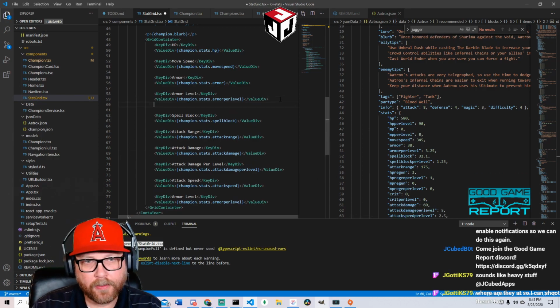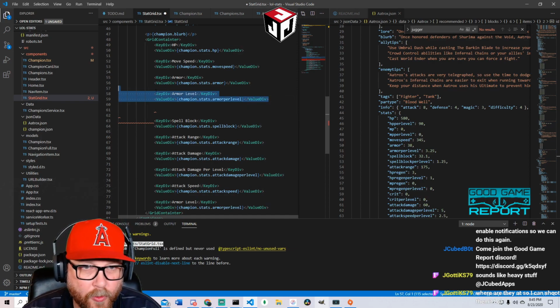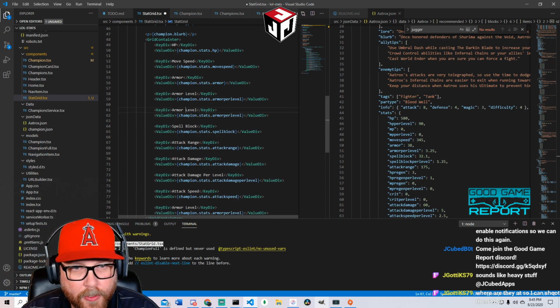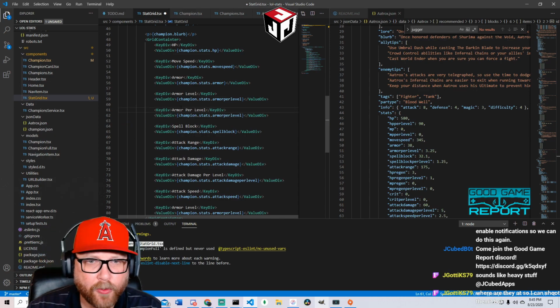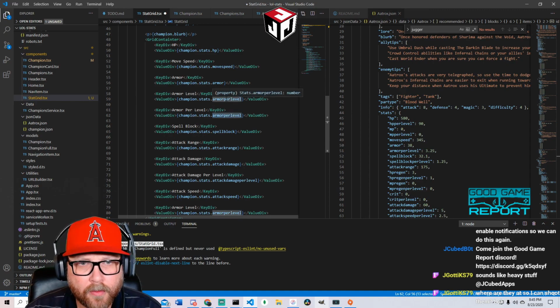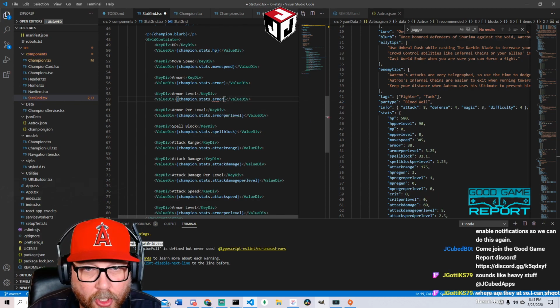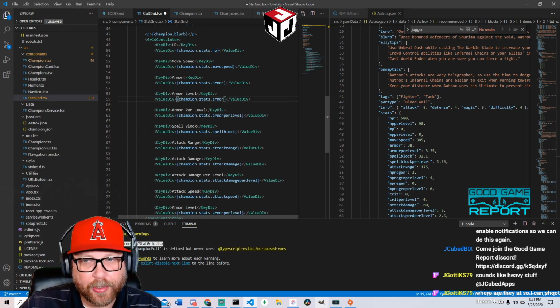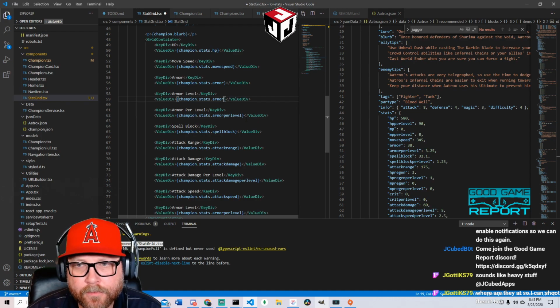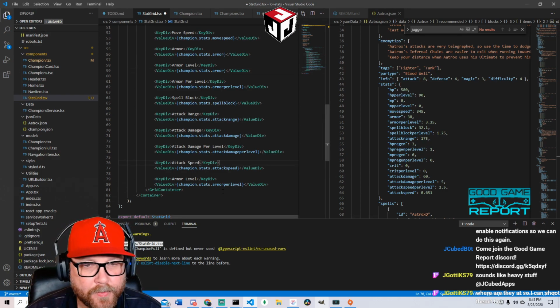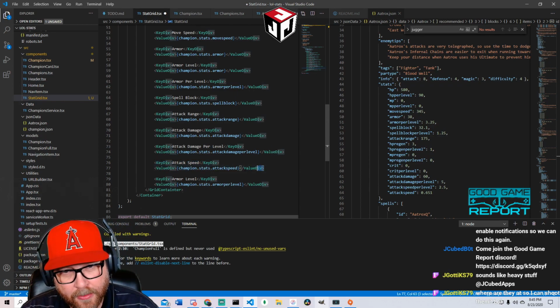And then here we'll do armor per level. Wait. Ooh. I put the wrong one here too. This should be armor, not armor per level. Okay, attack speed. And we have an attack speed per level.